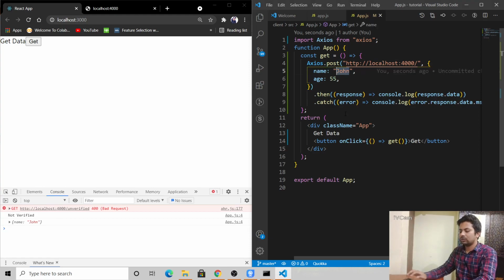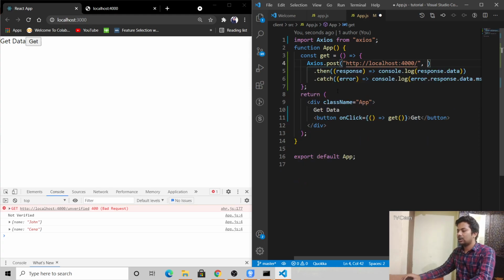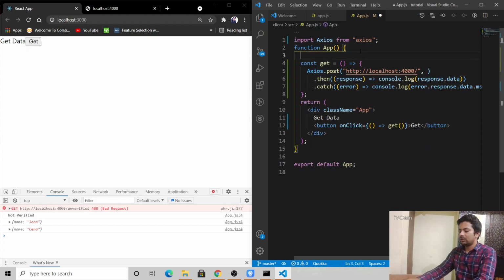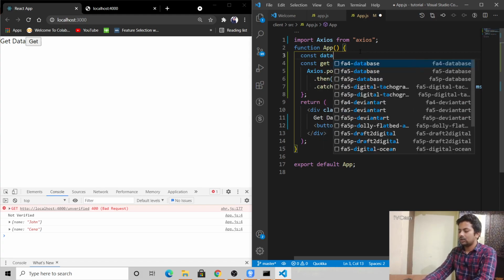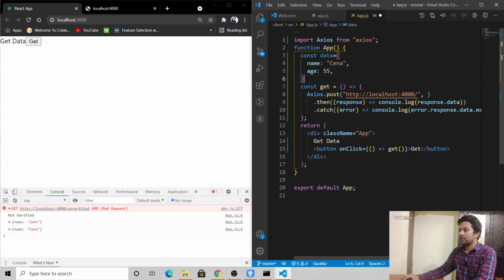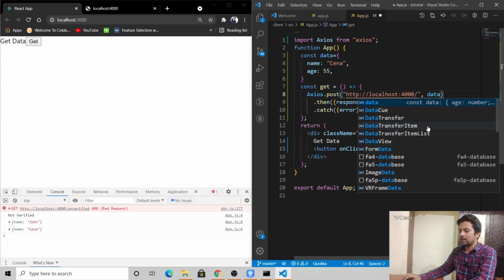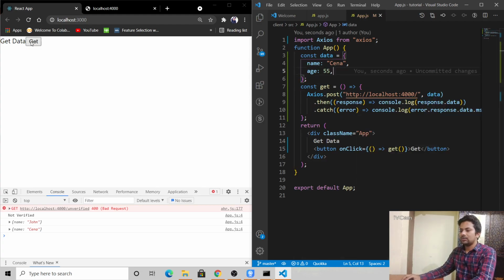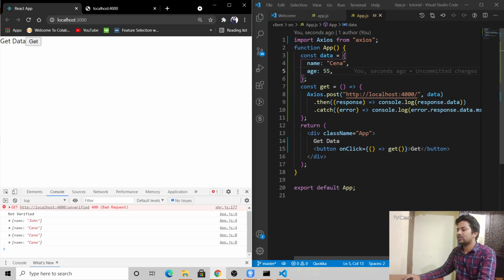If we write John Cena, you can send the object here, but let's make it a little bit easier. You extract this and make it const data equals, just paste it here. Now here you just put the variable name data, and see, it's so easy, just sending the data here for post requests.